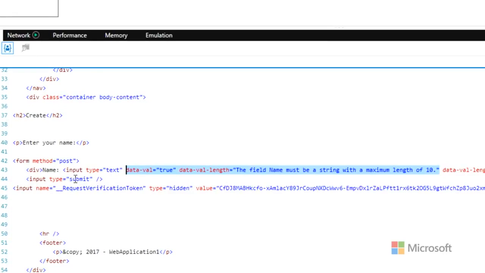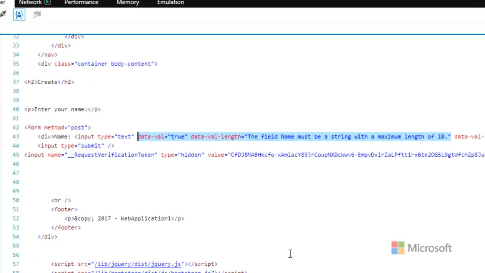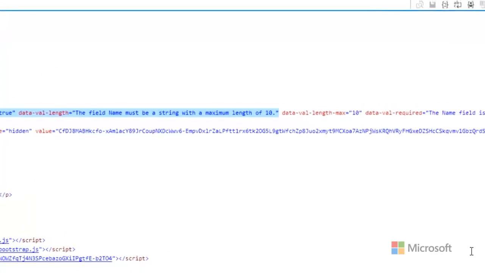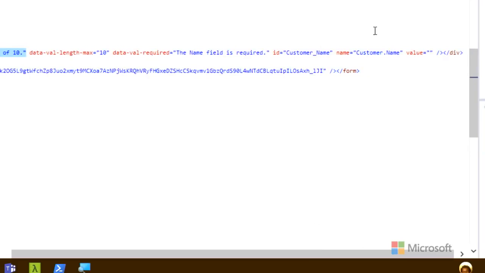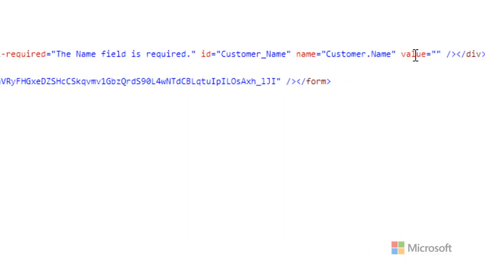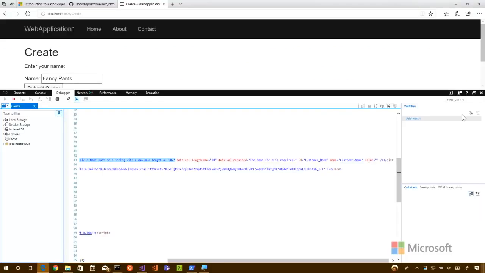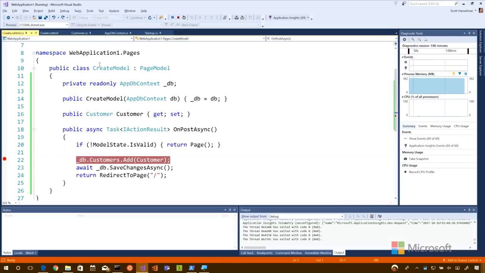Remember? So we're getting stuff on the input that we did not expect, which is cool. There's some request verification token to keep people from tampering with our stuff. There's your name, customer.name, and it generated an ID for us as well. But you can see that nothing's happening on customer,